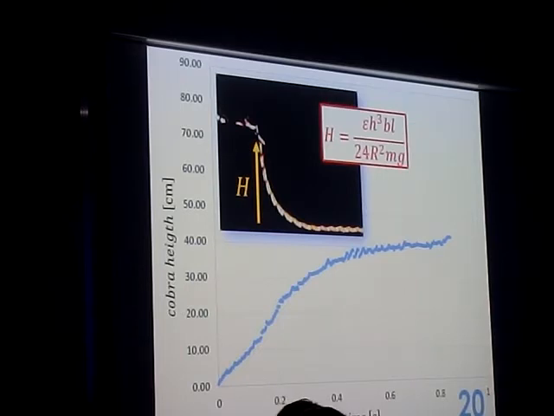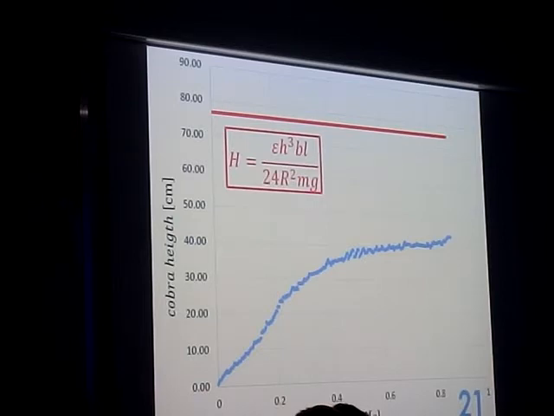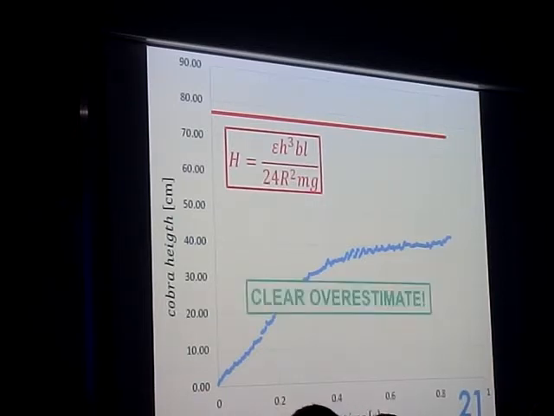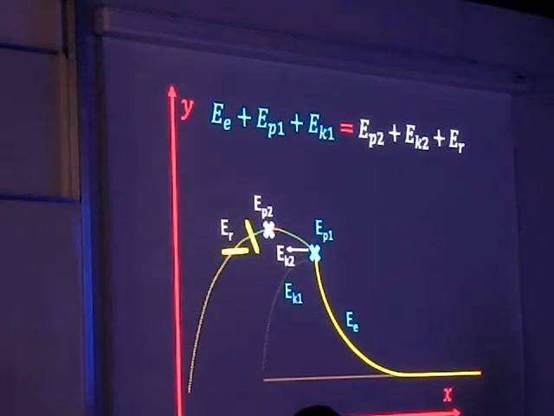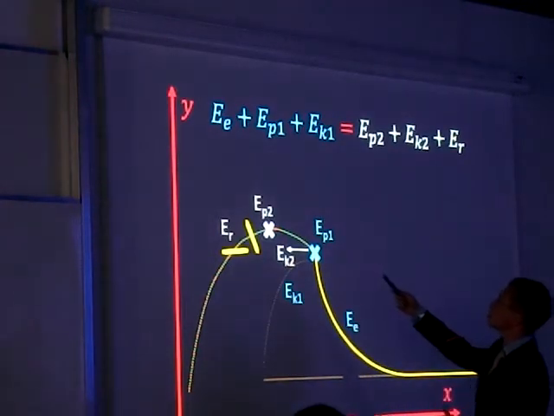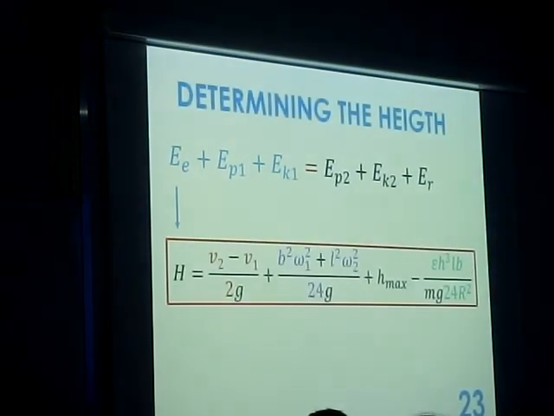So, with this formula, when we compare it with the height that it tends to reach in steady state, we get a clear overestimate. This should make sense because there will indeed be more energies in play, such as the potential energies and the rotational energies imparted on the sticks when they leave the cobra. From this, indeed, we can arrive at the correct model for the